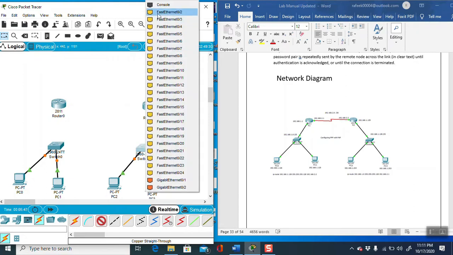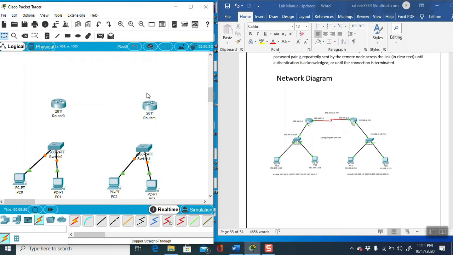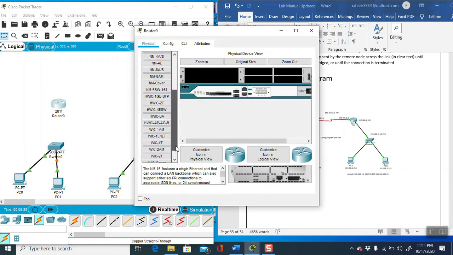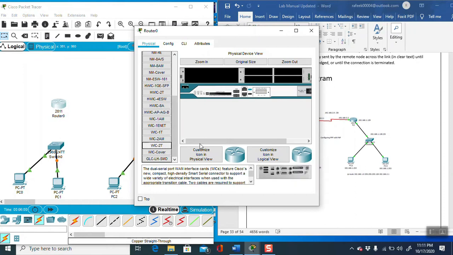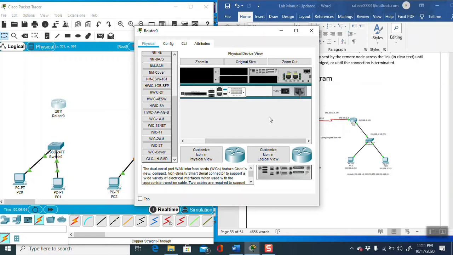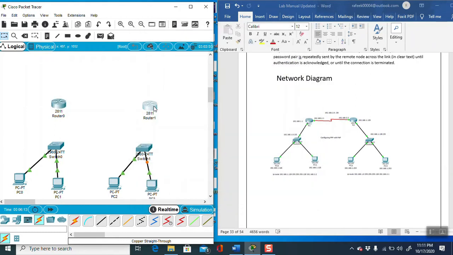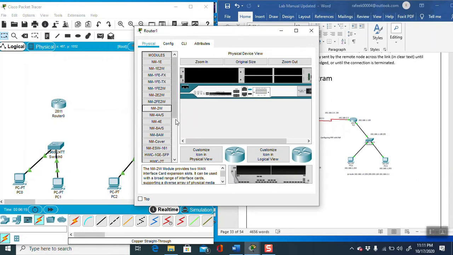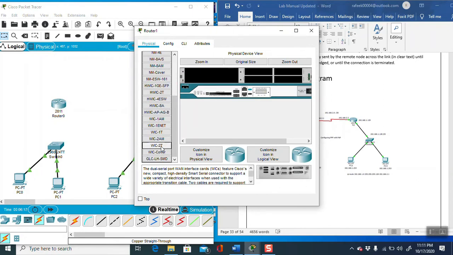Now from router to router they have used the serial cable. Before adding the cable, first add the port.